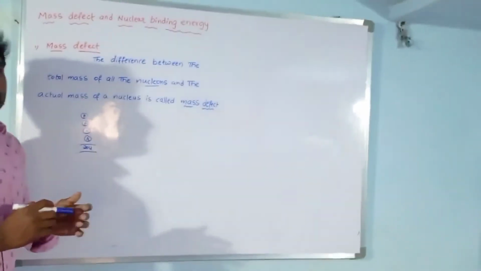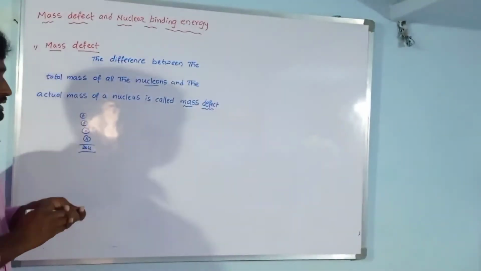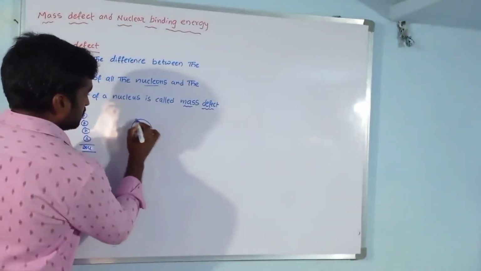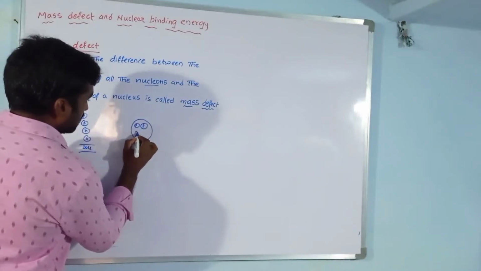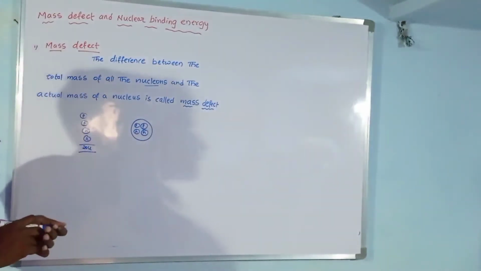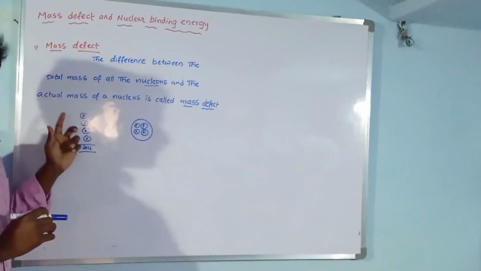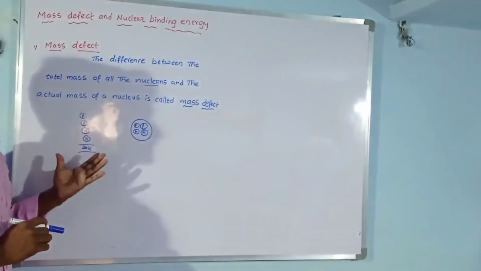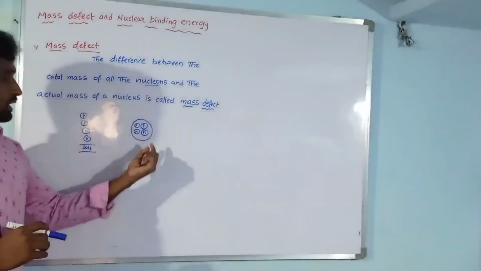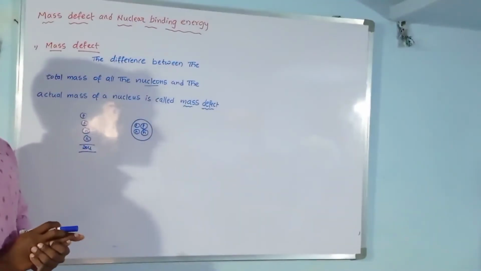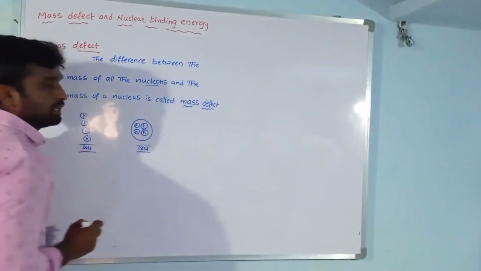Okay, when we measure the mass of the nucleus, when we combine all these nucleons as a nucleus, suppose this is a nucleus, the same number of nucleons are here. This is a proton, this is a proton, this is a neutron, this is also a neutron. Two protons and two neutrons. Here we measured the masses of the protons and neutrons individually. But when we combine these nucleons as a nucleus and measure in this situation, we will get 18 units only.